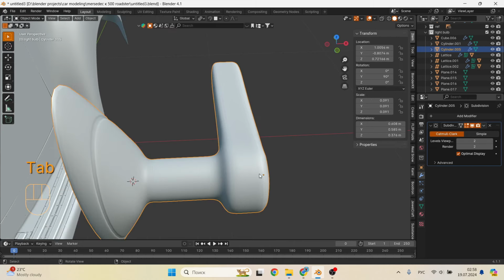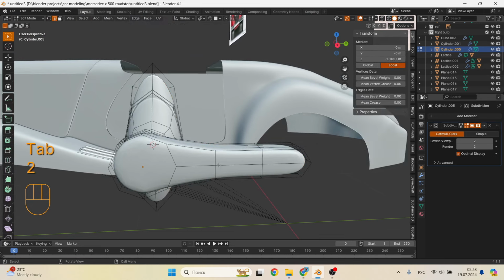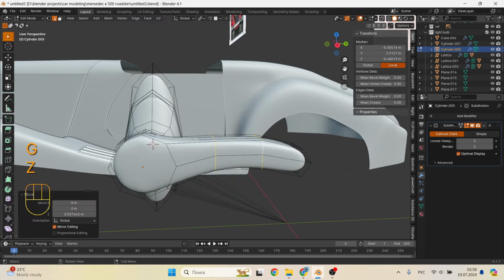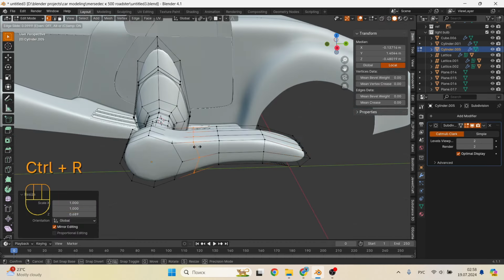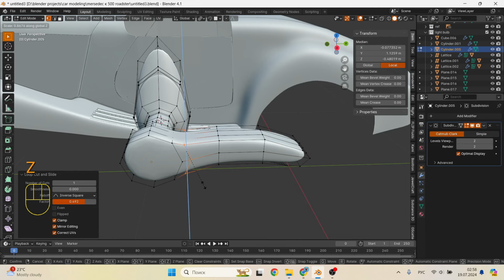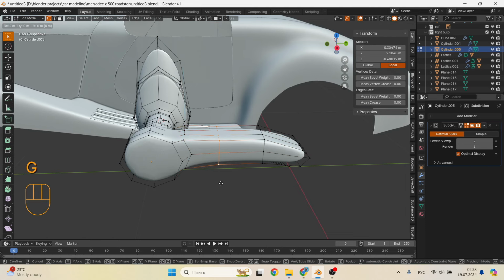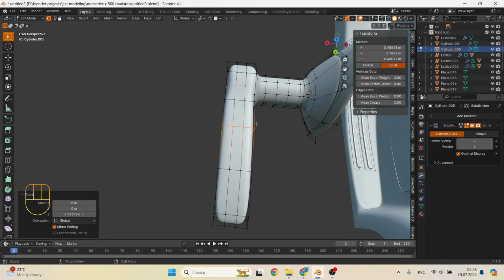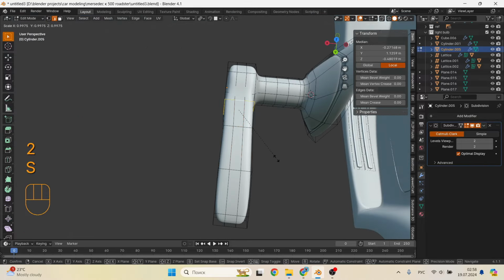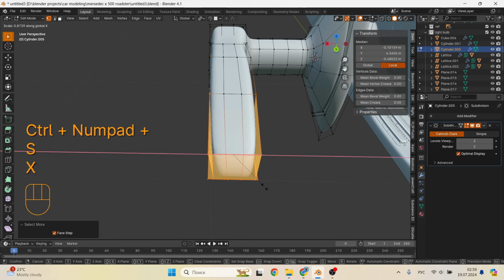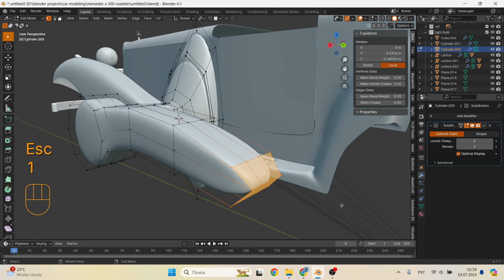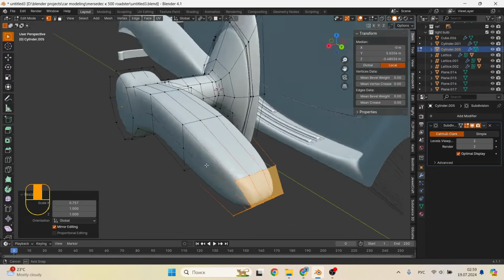I raise the central edge loops on the handle a little up to give it the appearance of an arc, and flatten the outer ones. Now we can make it so that the handle is a little thicker in the center than in other places. Let's also make a round depression where the handle connects to the mount.